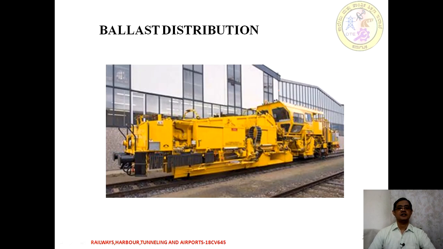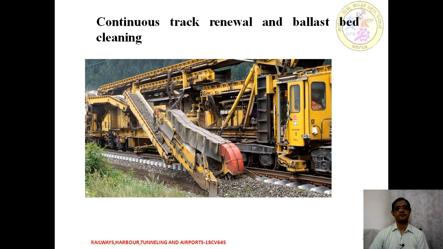After assembling the sleepers and the rails in proper position, and after fitting and fixing the fixtures, we need to spread the ballast, hence the ballast distribution. Once again we have a machine. As we know, if you place the ballast in the containers or in a bin, automatically, depending upon the width of the opening or the speed, how much depth should be maintained. So the ballast is distributed evenly by using this ballast distribution machine.